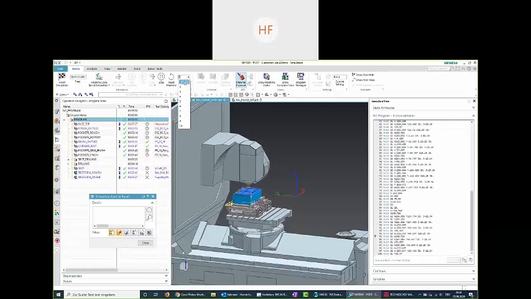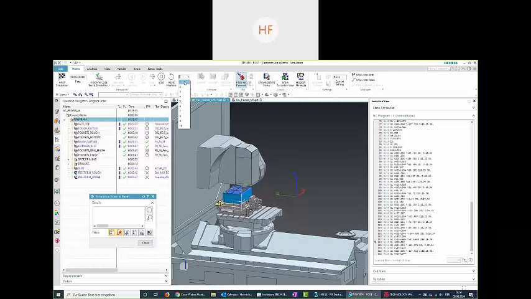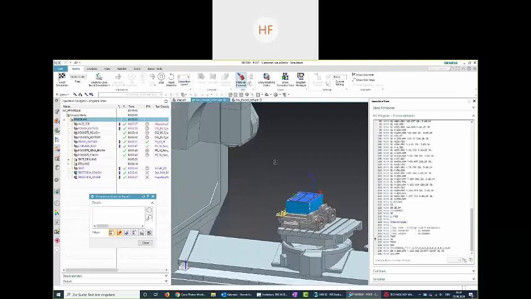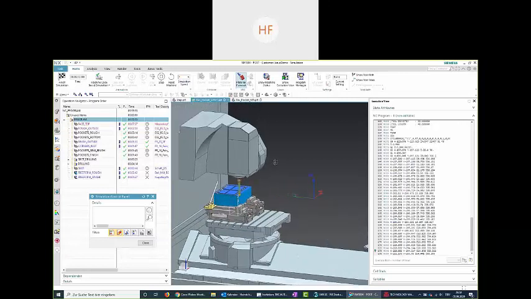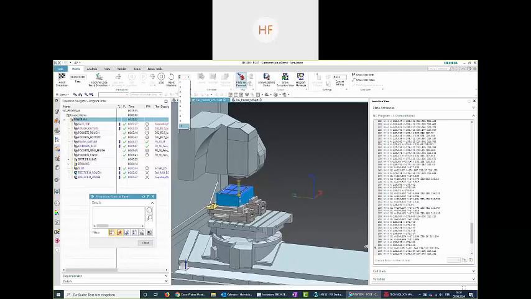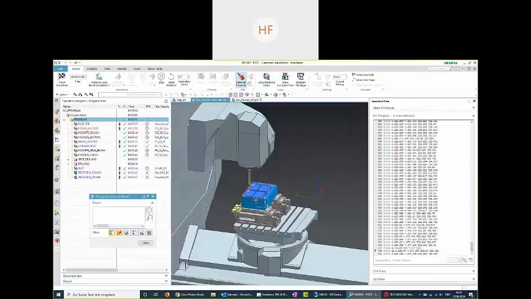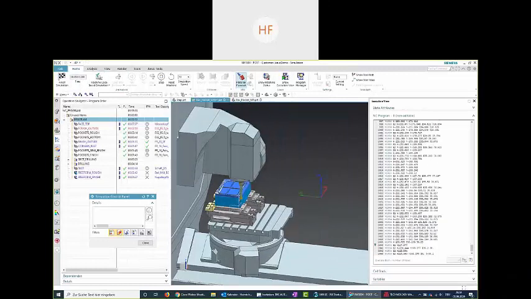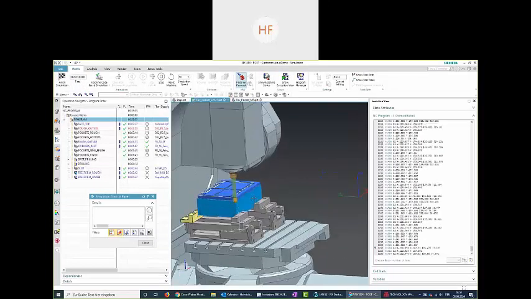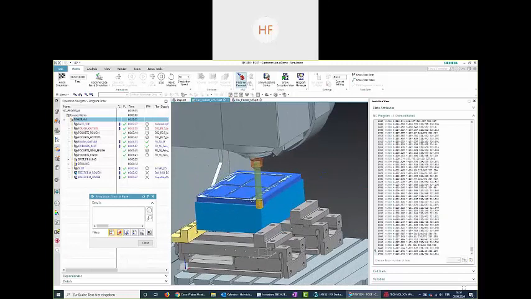Maybe a little bit slower to see how the machine behaves. Okay, that might be a little bit too slow. Give it a little shot to speed up a little bit. Okay, well,